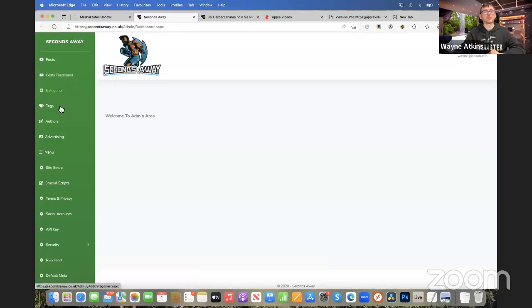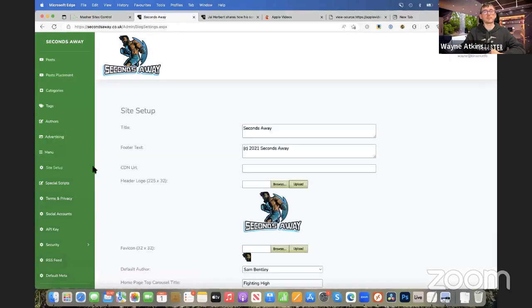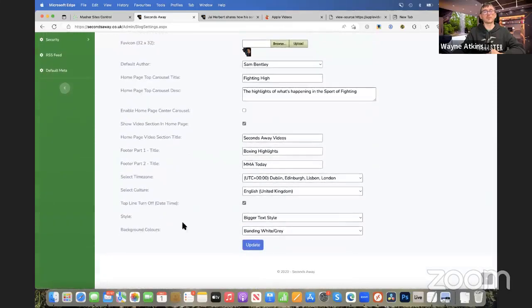And then if you go to site setup and scroll down to the bottom, we've now got this new option called banding colors, background colors. And we've got banding white and gray, which is the default we've always had. But if you put it to all white and click update, which I'm going to do on here,